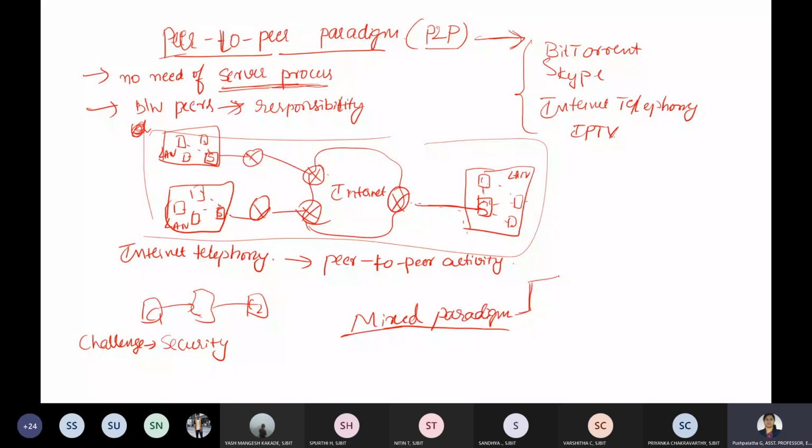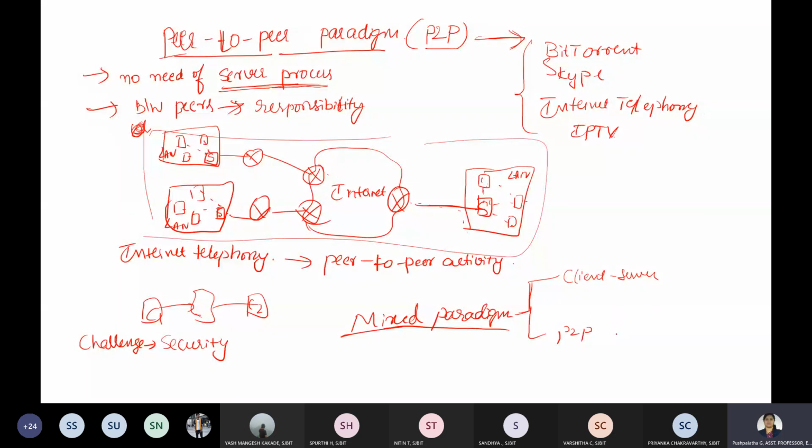When I talk about the mixed paradigm, any application choosing it uses a mixture of both paradigms, client-server as well as P2P. The advantages of both are combined.